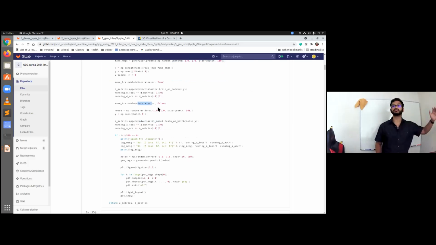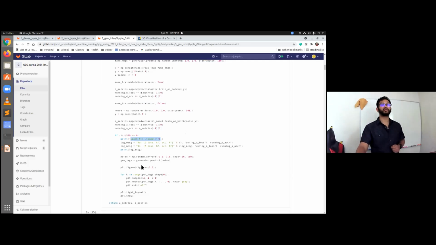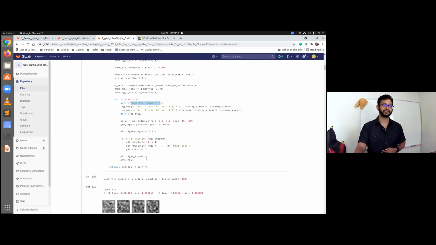The generator makes some output and sends it to the discriminator. The discriminator says, this is 99% a no, this is 89% a no, and it's going to find out why one was 89 and one was 99, and it's going to make some updates to try to trick the discriminator. And here I put in a little thing that says, at every 10th epoch, we're going to print out the loss, and we're going to print out the generated image.